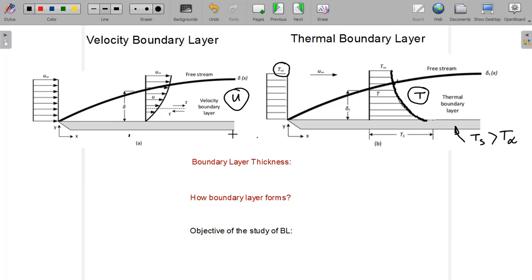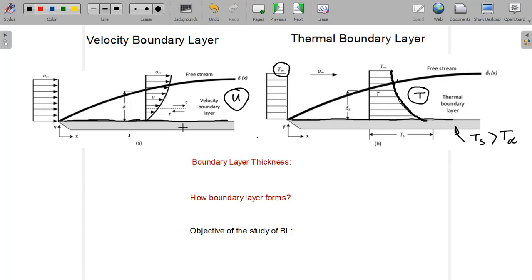It is clear in case of a velocity boundary layer, as you know, when fluid is flowing over the flat plate, there is a region just above this solid plate, in contact with the solid plate. It is called the no slip boundary condition. That means the fluid layers are at the same velocity as that solid plate. That means if the solid plate is at rest, that fluid layer will also be at rest. Exactly in a similar way, you can consider that there is a fluid layer which is at rest with the solid surface. Not only that, it will also have the same temperature as that of the plate, and this is called the no temperature jump boundary condition.